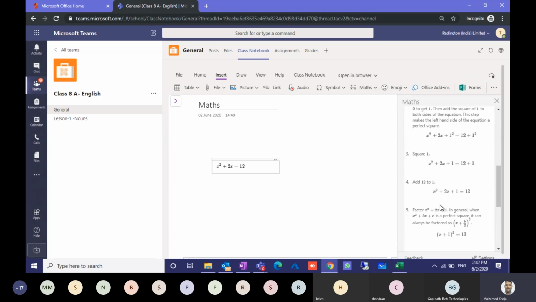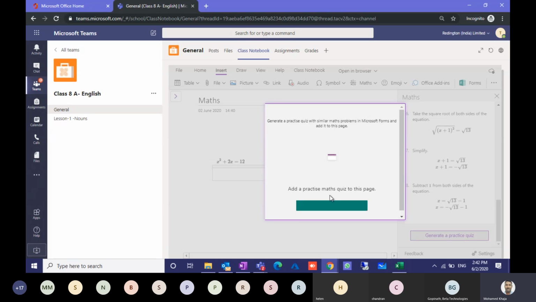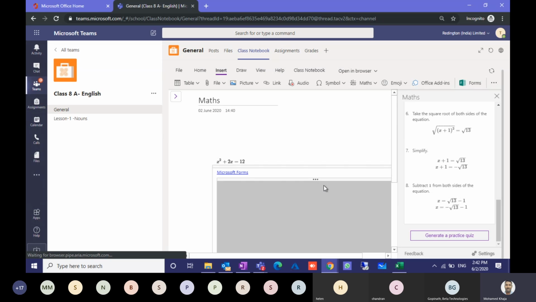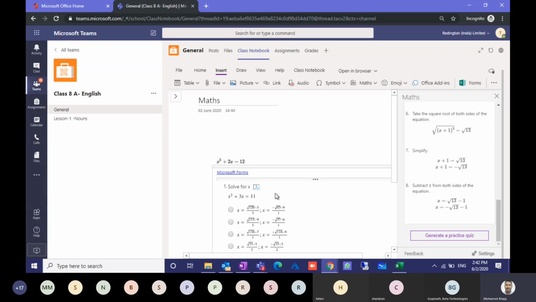If you want to generate a sample quiz with this, you can. While generating, it will ask you how many questions you need. I can give it 1 to however many I want. I will give it 5, and I generate 5 similar questions so that I can check how my students perform. It will be loaded automatically, and the student has to answer one by one.